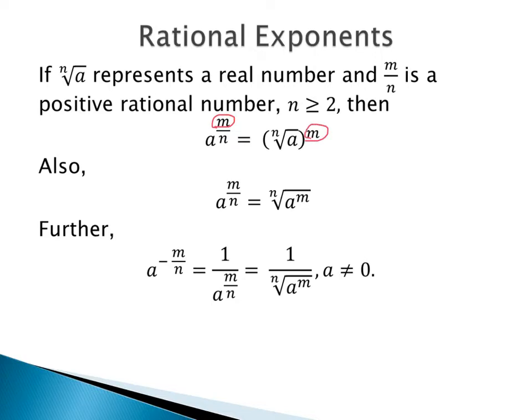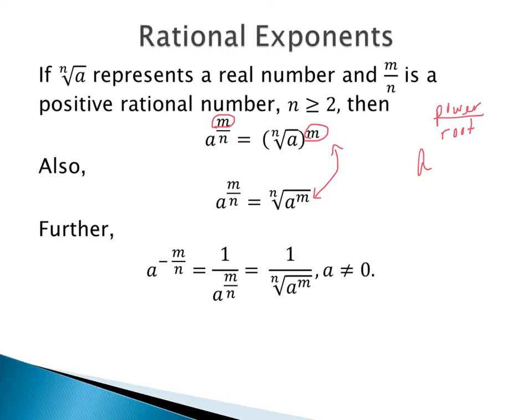Same thing is that we can rewrite this second part as the nth root of a all raised to the m, or we can bring the power inside, so the nth root of a to the m. Really how you want to think of this is that you're going to have a to your power, or your exponent, over your root. There's lots of letters involved, but between the last slide and this slide, whenever you have a fractional exponent, you're going to have whatever the number is to the power over the root.